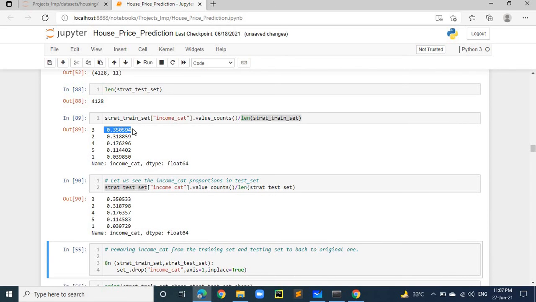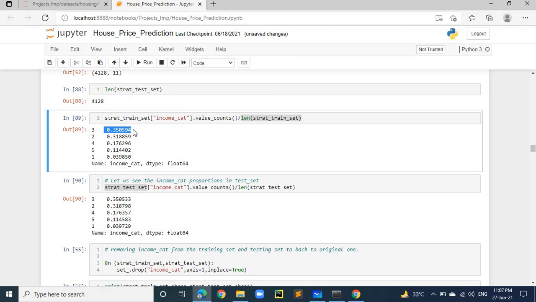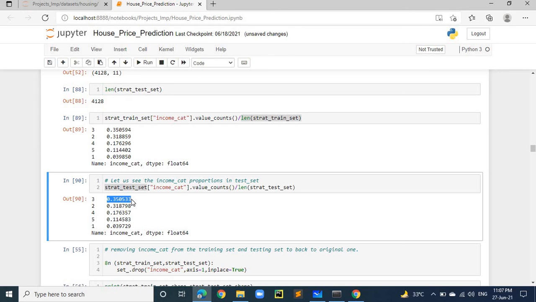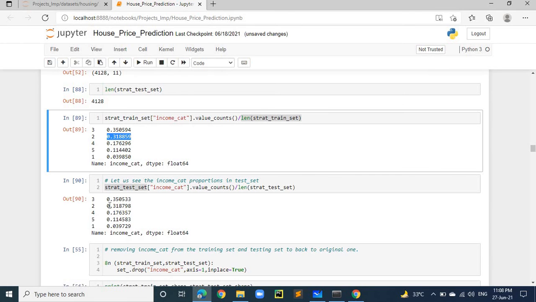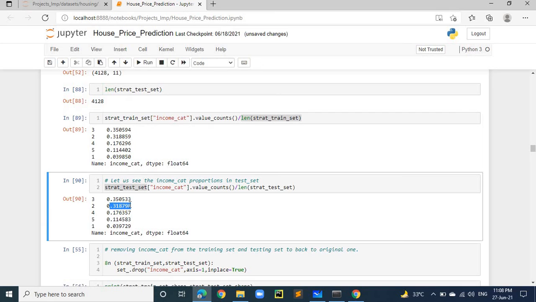In the training data set, category 3 has 35%. Similarly, in the test data set, category 3 has 35%. So that means in both training and test, category 3 has a similar, homogeneous percentage of data. Similarly, category 2 has 31% in training, and in testing it also has 31%.